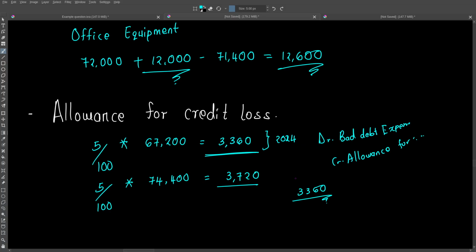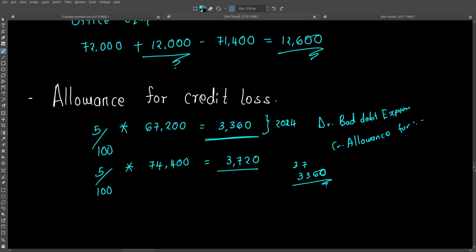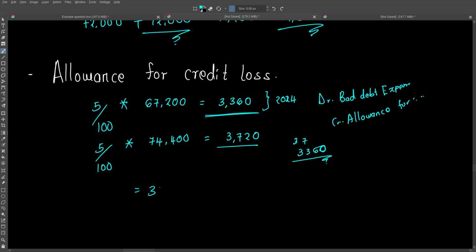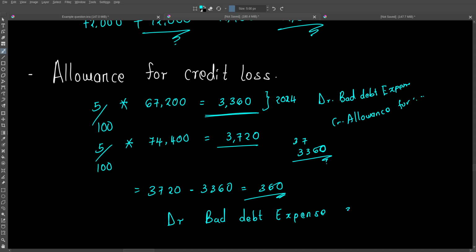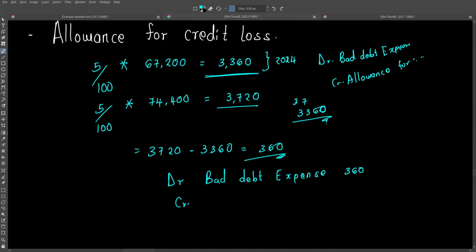So what do we do? Because we already have this balance of 3,360, we only make an adjustment for the difference. So we take 3,720, we less 3,360, which we get 360. So basically we are going to debit bad debt expense of an amount of 360, and then we are going to credit now allowance for bad debt